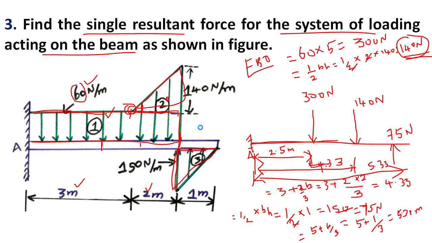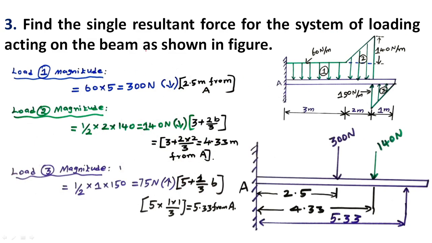Load 1 has a magnitude of 60 into 5, that is 300 Newton, downward, at 2.5 from A. Load 2 is the uniform load: half of B into H is 140 Newton. To find its distance: 3 plus 2B by 3, that is 3 plus 2 by 3, so 4.33 from A. Then next, half of B into H, where B is 1 and H is 150, gives